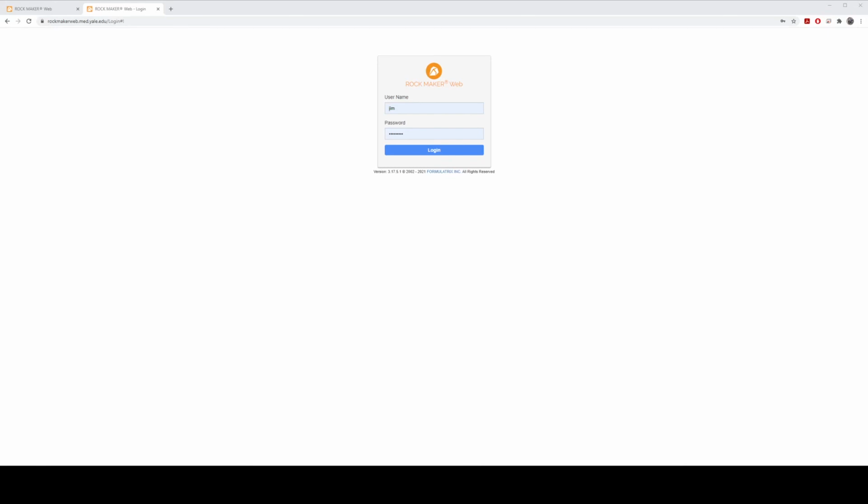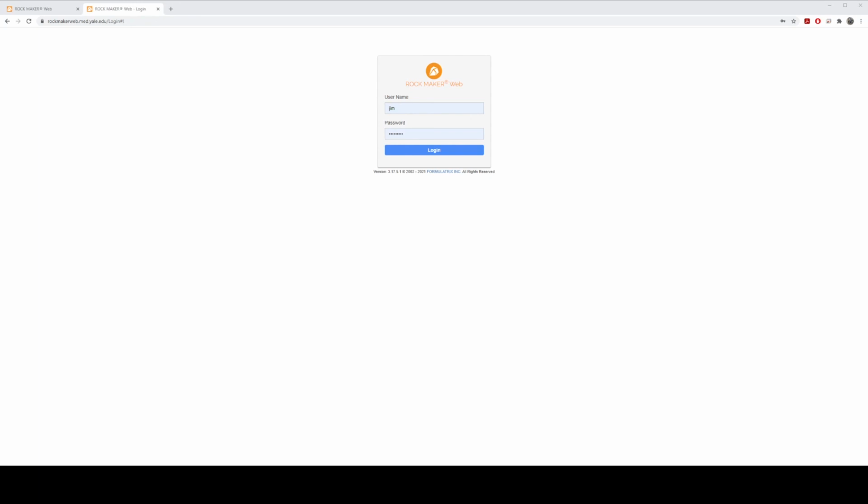Finally, I'd like to talk about Rockmaker Web. This is a browser-based interface which allows you to access your images remotely. Benefits of this include working from home or on the road when you have active trays in the incubator and imager. Several crystallography groups which use the core laboratory located across town on Science Hill campus, and this lets them